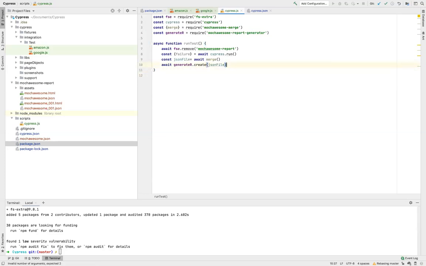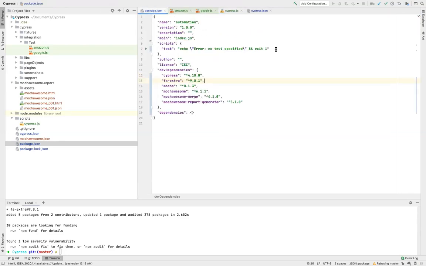Now after doing all this, I just need to call this function runTest. To run this script, you need to call this function. So I'll add this in my package.json inside scripts.